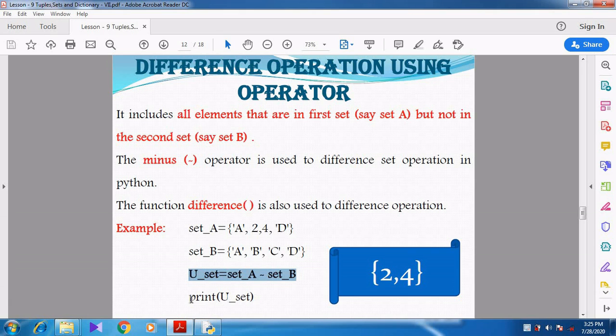When I print the output, it will be shown as 2, 4 on the screen.